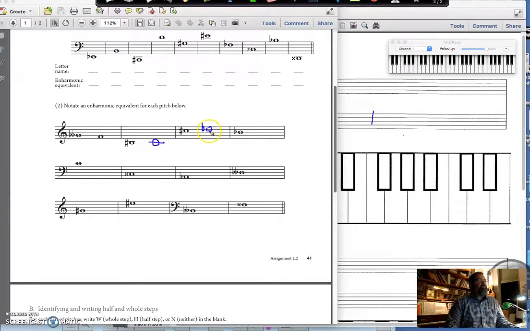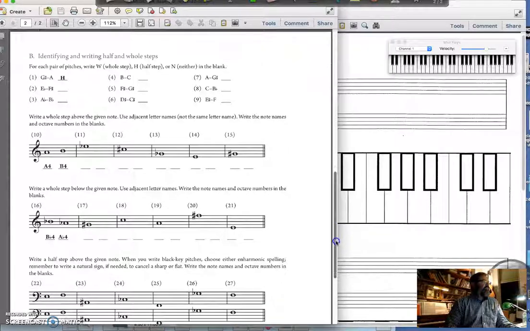Remember, we say D flat, we put the modifier to the left of the note head. It's a little bit like in the English language where we have modifier, then noun, like blue lake. This is flatted D, even though we say it's a D flat. It's a good system where we have the modifier to the left of it because we read music left to right. It's good to know about the modifier as soon as possible as we're reading left to right. Let's erase here and let's go to